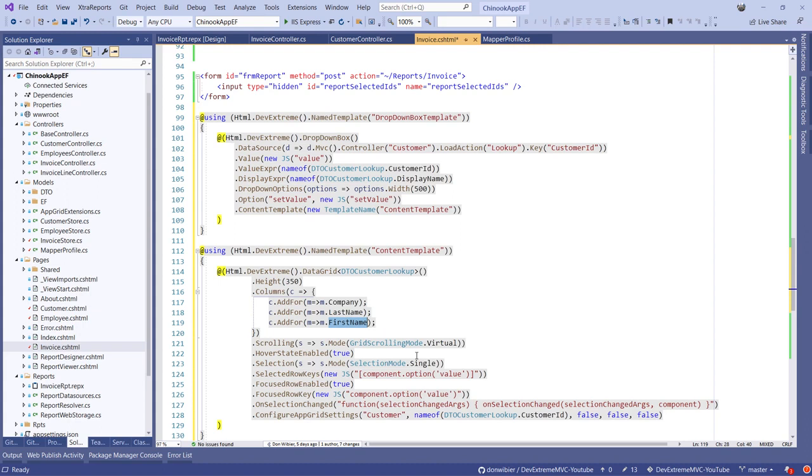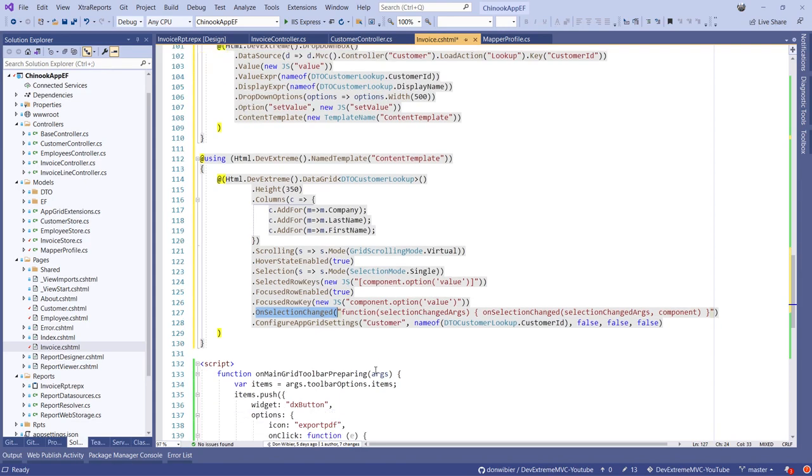I'll specify a number of options that come with the data grid, but most important, I also trigger a number of JavaScript events here, like the onSelectionChanged, to make sure that everything is passed through to the data grid